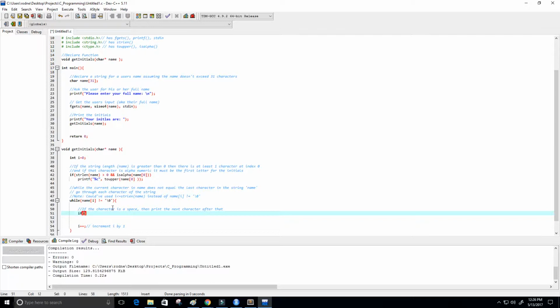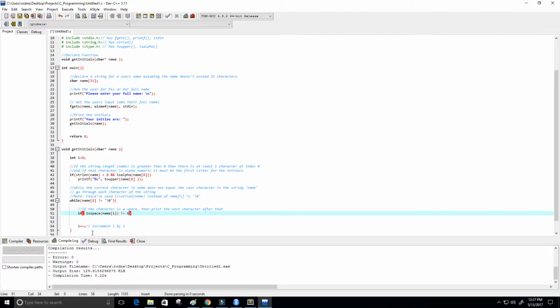So again, to do this, we could just use the isSpace function from the C-type library, and we put in name at position I, and isSpace returns 0 if it's not a space, and it returns another number otherwise, I believe. So I'm going to say if isSpace does not equal 0,